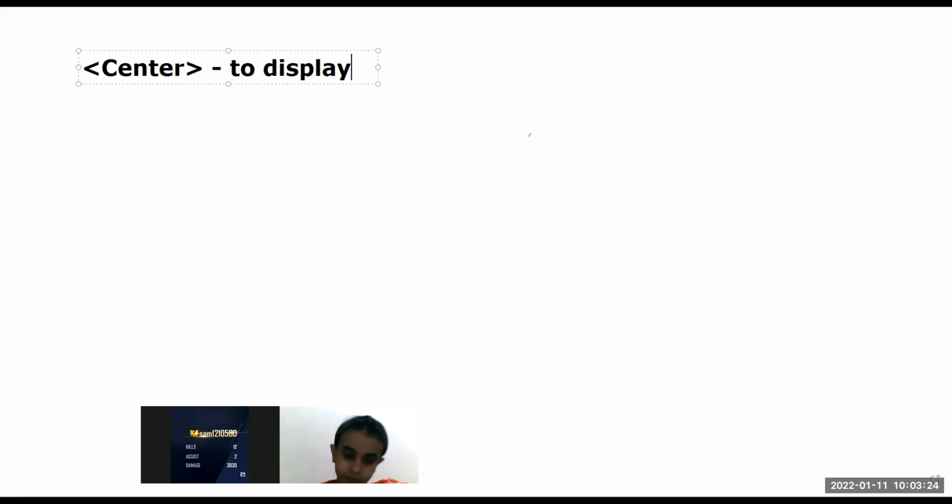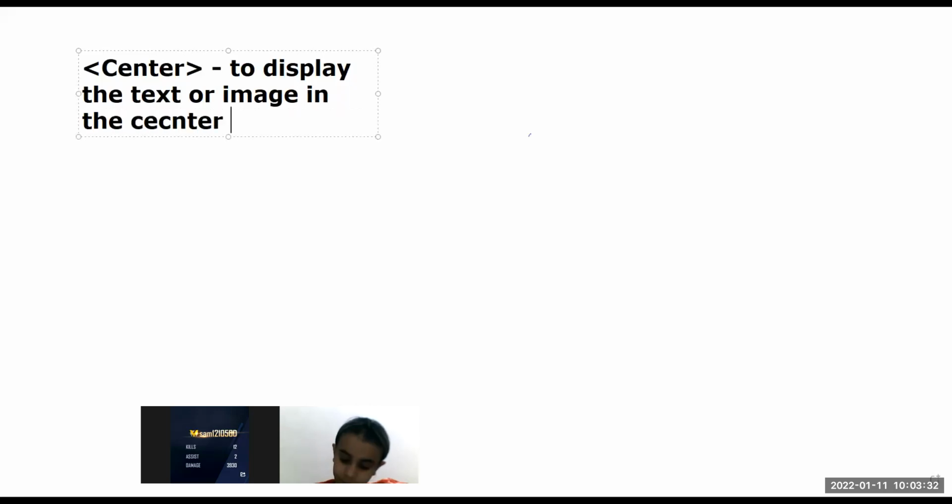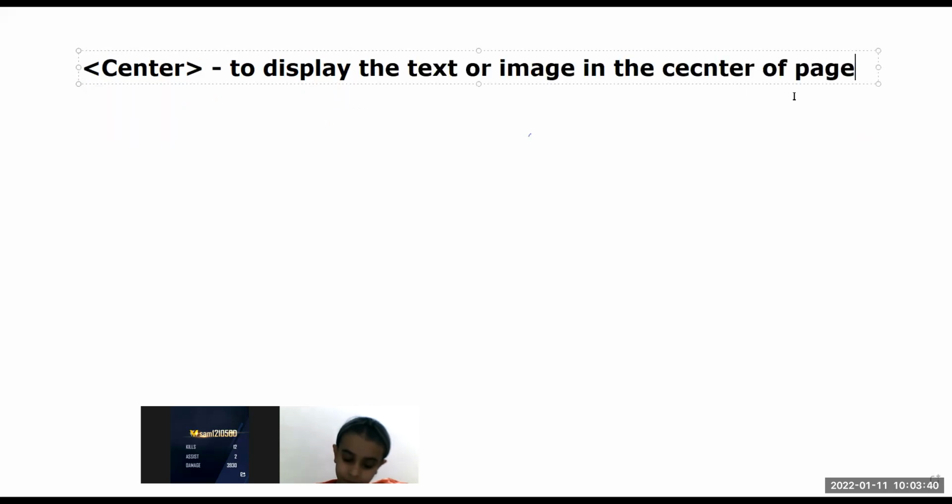To display the text or image in the center of web page, this tag is used.